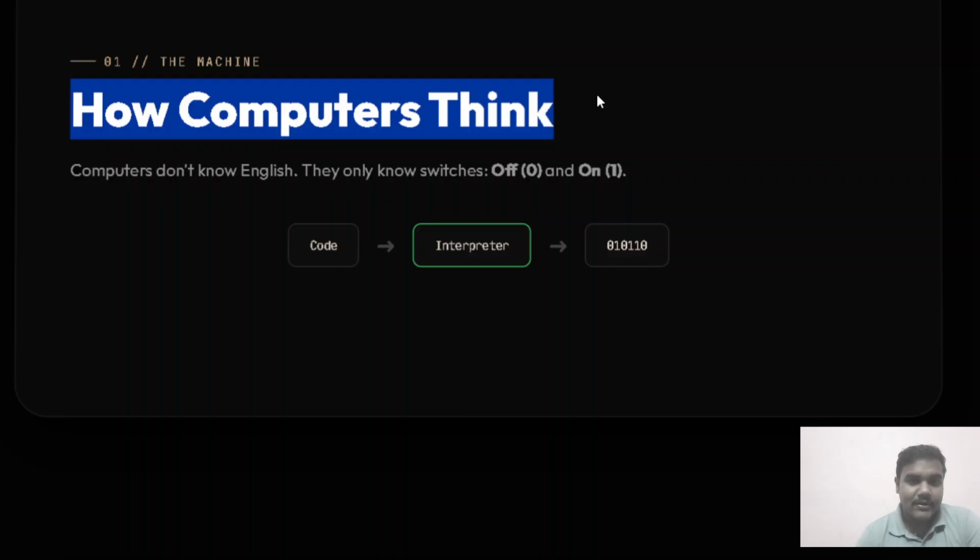ChatGPT is an example of what a computer can do, a video game like PUBG is an example, then Gemini, then VLC media player, everything, just name it. Anything we use on our mobile phone or PC today is an example of what a computer is capable of.